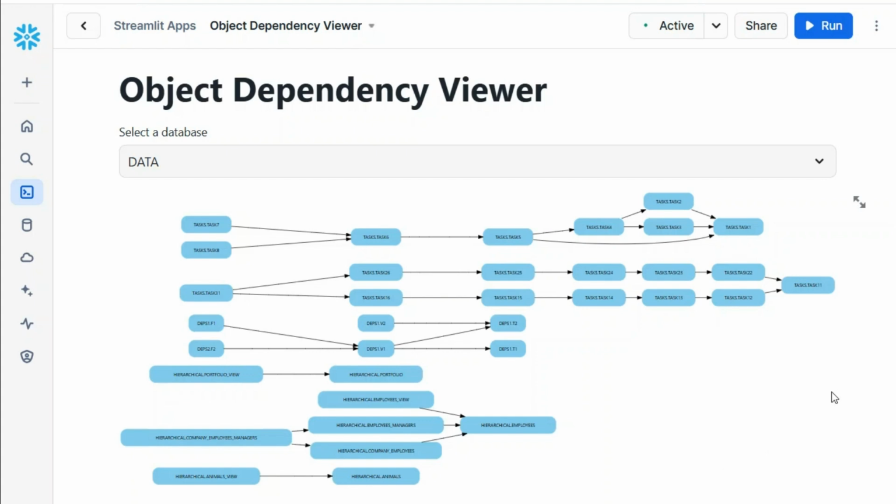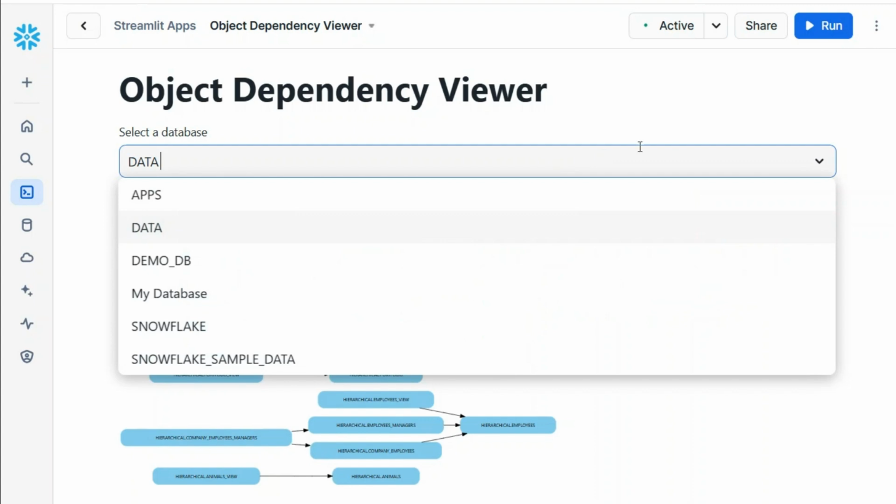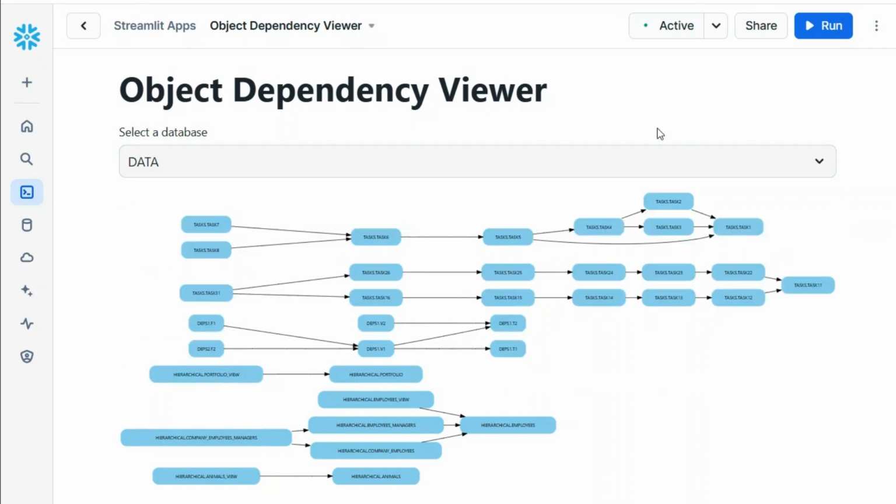What we'll build here is a very small application that displays with GraphViz, in graphical format, all the object dependencies from an account, from a database in this case. I will locate everything at the database level, but you can select all the dependencies from a schema. Here I show the dependencies between different objects in the same schemas or between schemas in the database. And this is very useful because so far you don't have anything like this in the Snowflake web UI.